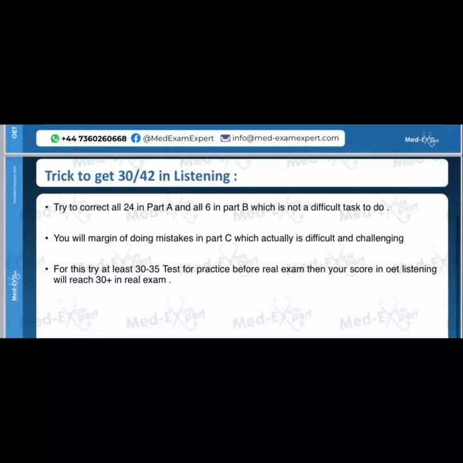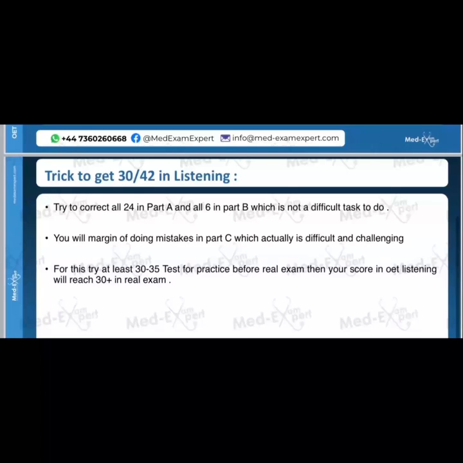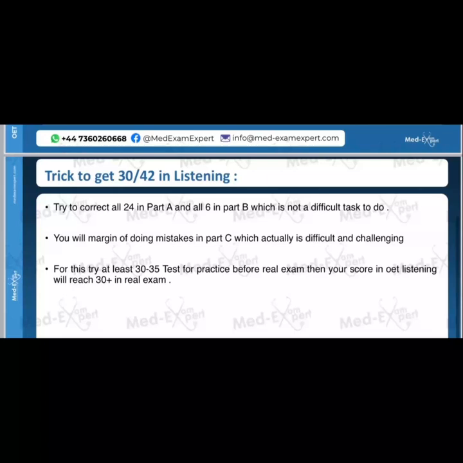But what students do is they get bothered by Part C and put all their efforts on Part C, which is actually difficult, and they don't do great. They don't perform well in Part A and Part B as well. So if you are struggling with Part C, I would say prepare your Part A and Part B very, very well. If you do this, then definitely it is easy to score above 30